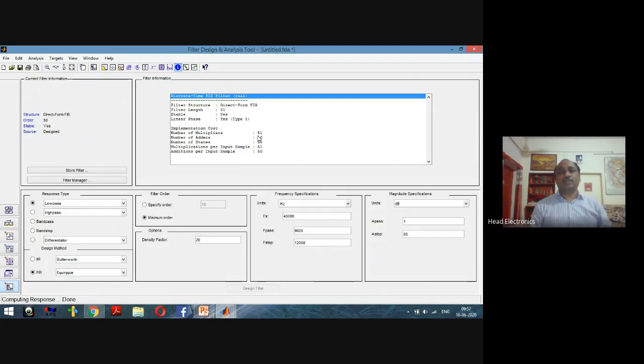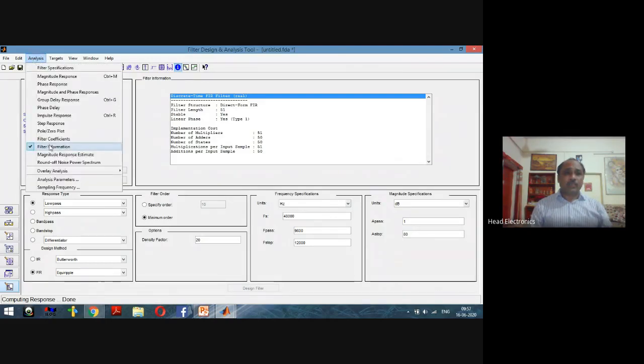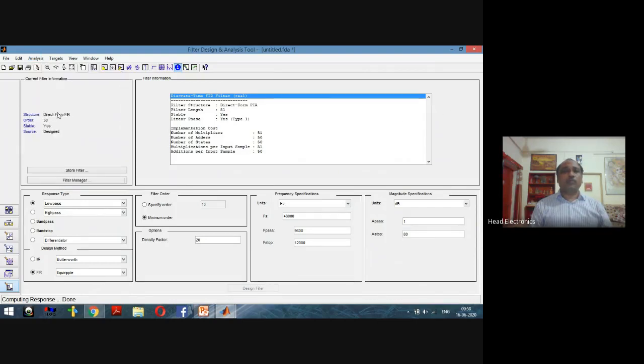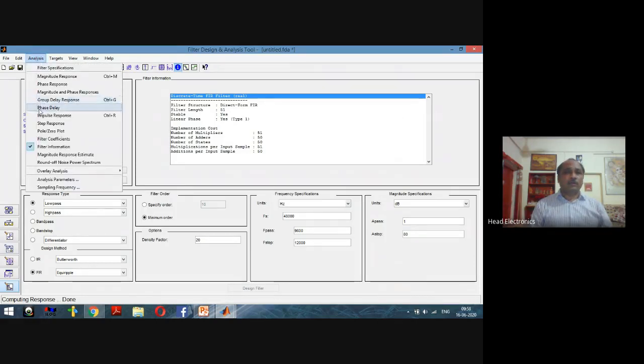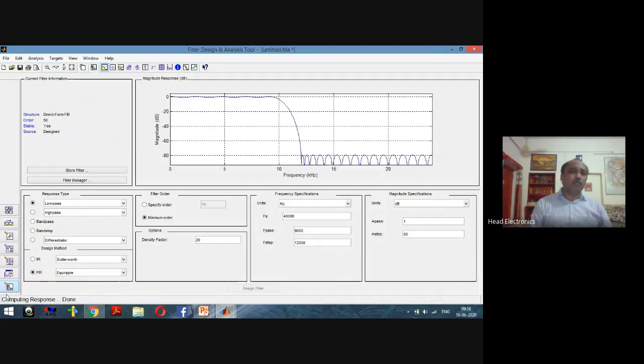the infinite precision here. Now see here, after this analysis, if the result is okay, that is we are getting here the satisfactory result, then naturally we will move to the, say this one is the magnitude response here, something like in this manner. Now we will move to the quantization concept here. For that purpose we will select this quantization button here, that is the set quantization parameter. This set quantization parameter will be selected here.